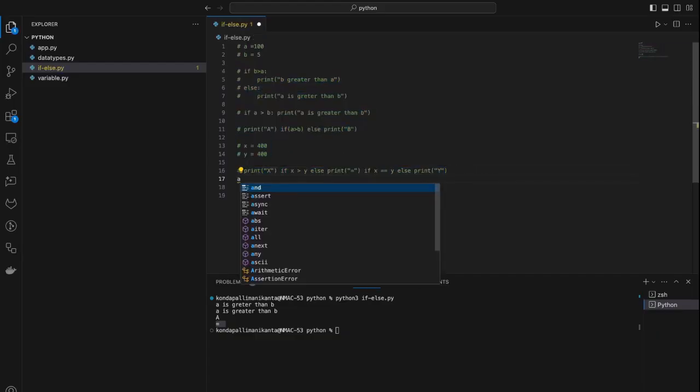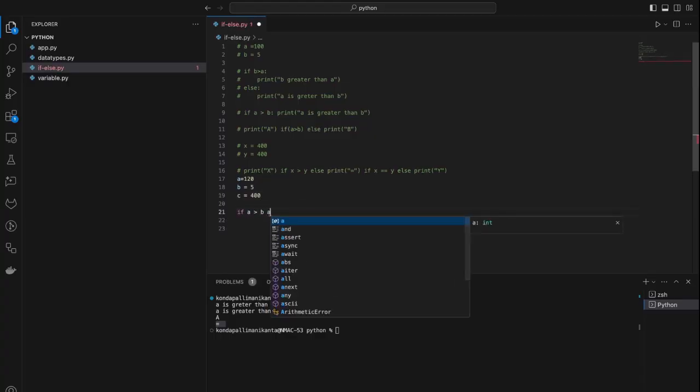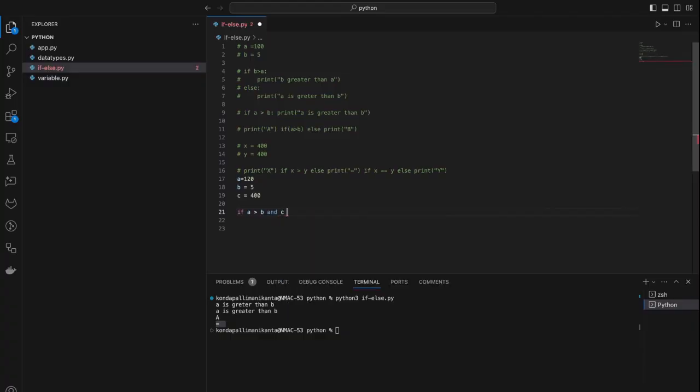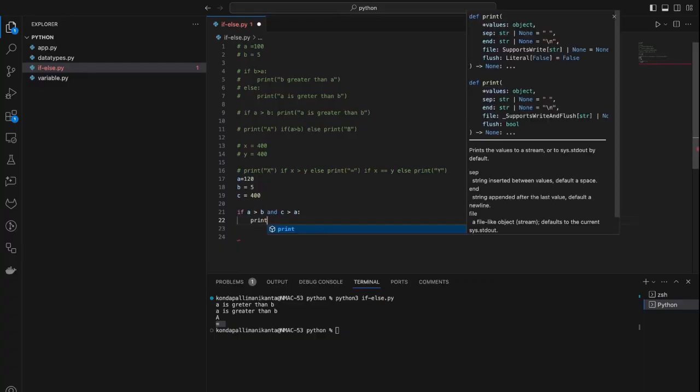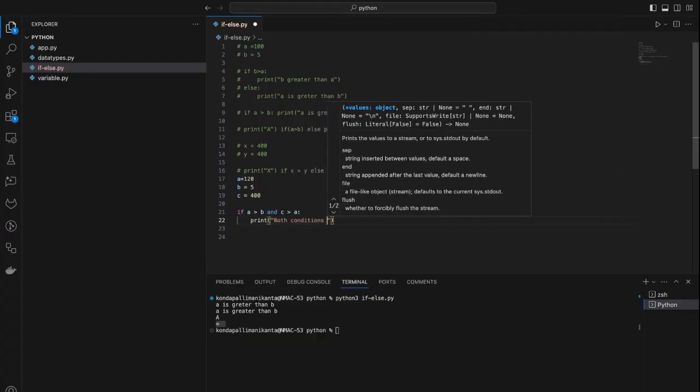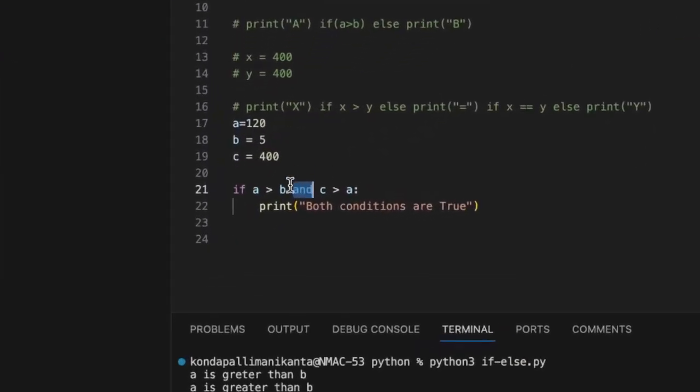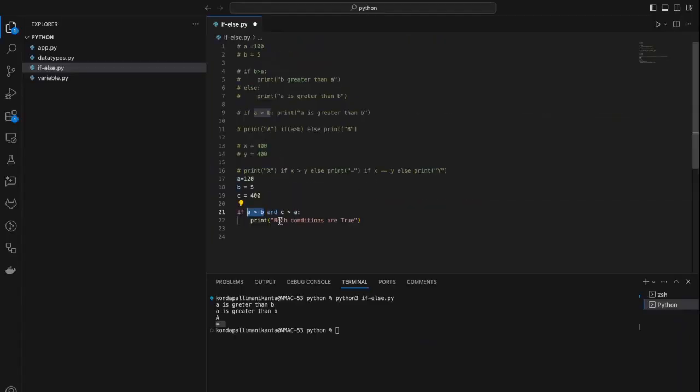Let's try it out. a equal to 120 and b equal to 5 and c equal to 400. Now I'm adding conditions first. a greater than b, I'm using the AND operator, and c greater than a. If yes, print both conditions are true. Okay, using this logical AND operator, if both conditions are true, then only it is true,